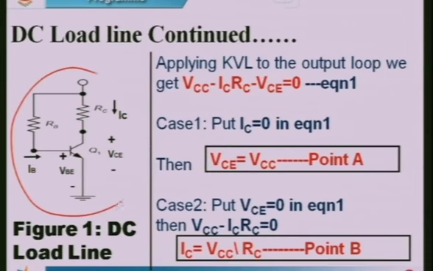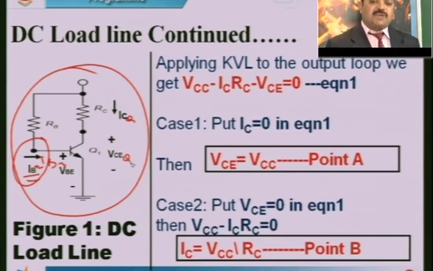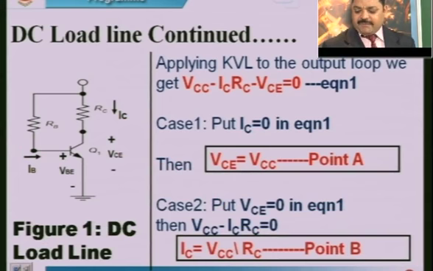So, this is the circuit we have considered. At the input, I have written here IB. So, which IB must we apply here? It is IB3 we have to apply. When we apply IB3 at the input side, at the output circuit we get ICQ and VCEQ. These two, the collector current and collector to emitter voltage, must be maintained during the passage of the weak signal which is to be amplified.